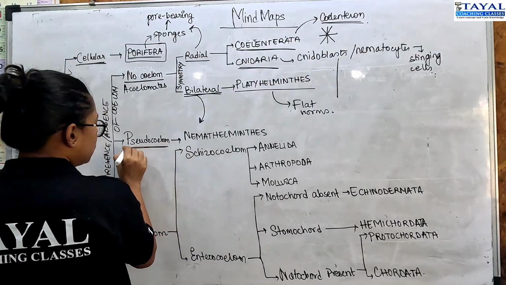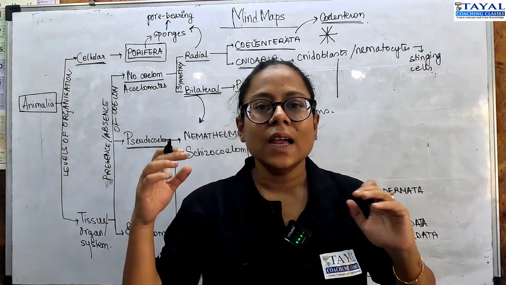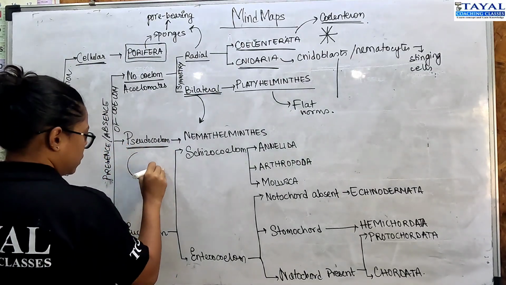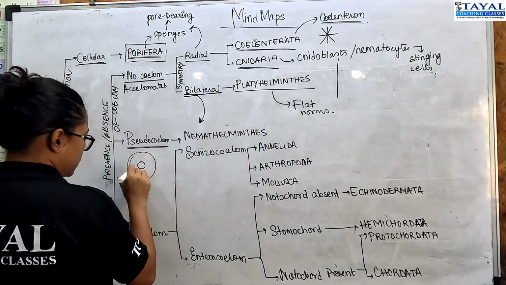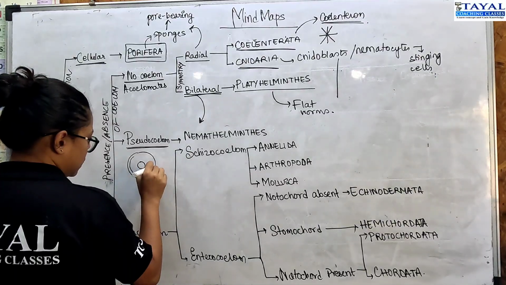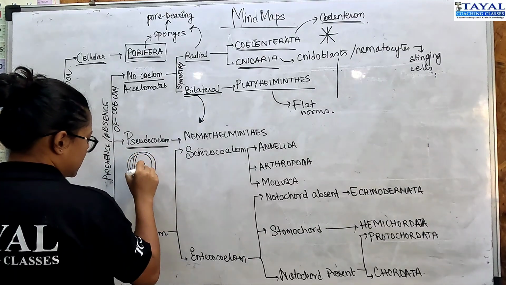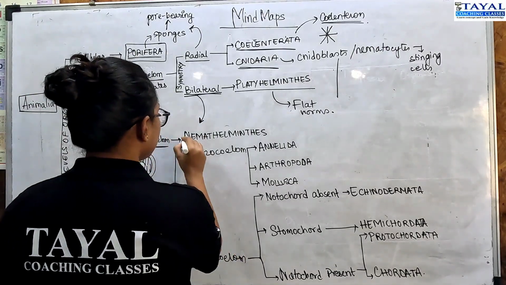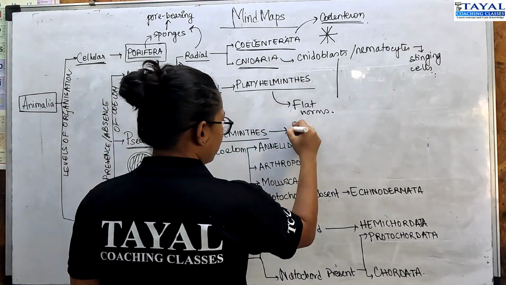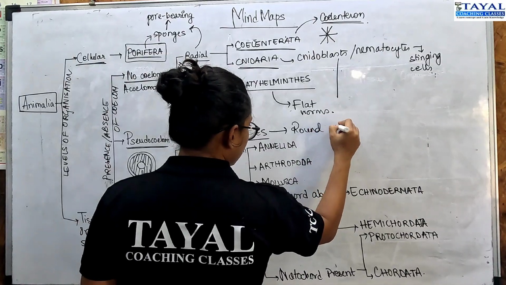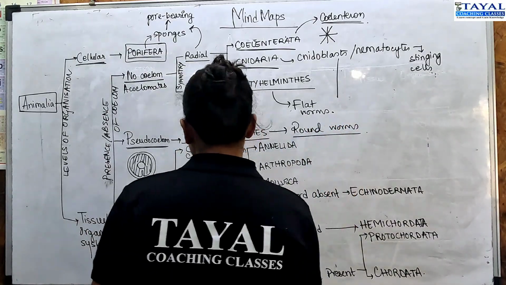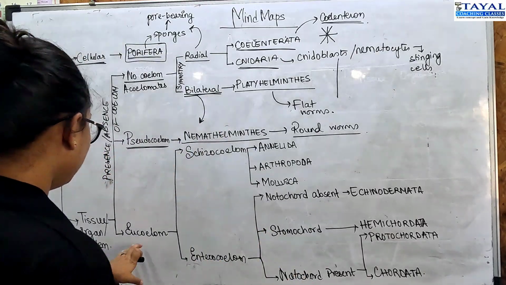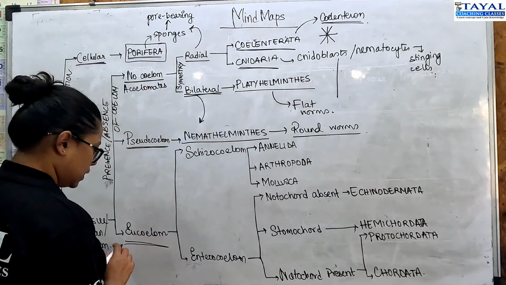Moving on to pseudocoelom, where the coelom is not entirely mesodermal in nature. So here pseudocoelom is where this cavity is filled with mesodermal cells, right? So the pseudocoelomates were the nemathelminths or the roundworms. They are also called nematodes or aschelminths. And then eucoelomates, those that have a true coelom, right?